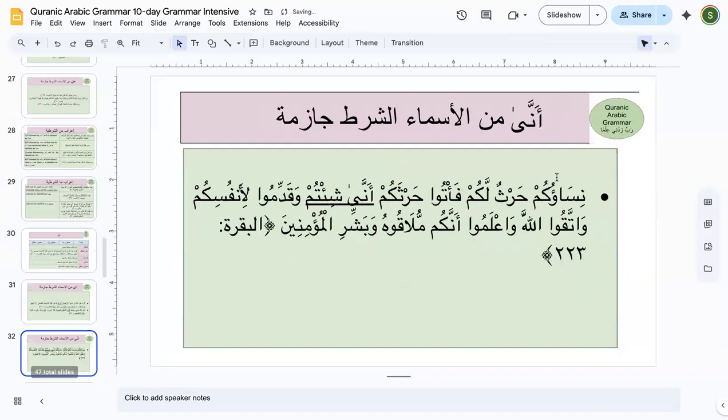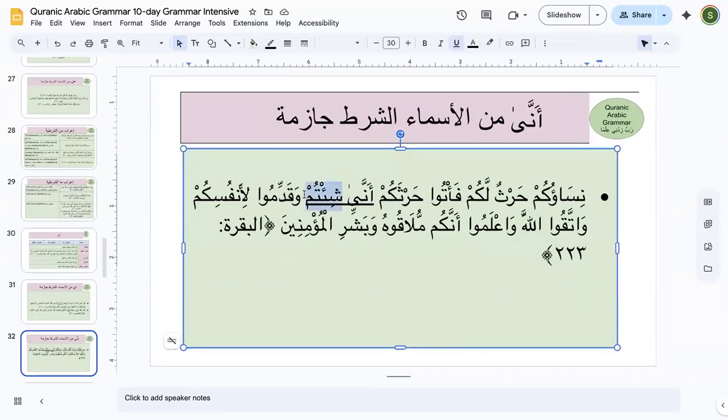Very well done. So then some say this Anna in Surah Al-Baqarah, verse 223, is also your ism shart. Anna shi'tum. Then you all come to your harvest however you want. Okay, so if this is considered to be ismu shart, what will be the status of shi'tum? Fi mahalli jasmin, because it is fail madin.